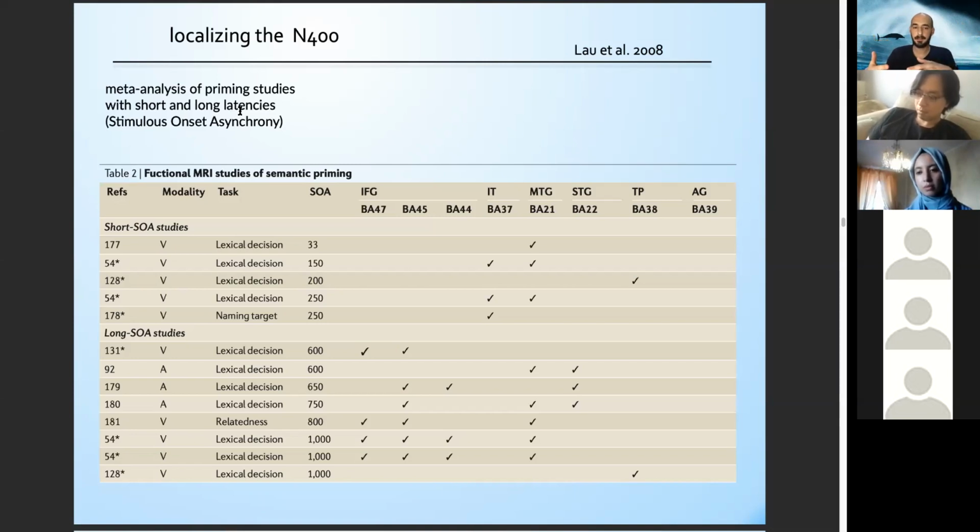Why is this the case? Or for instance, at naming the target. So you can do the other way around. I can show you the word animal, and then I can show you the picture of a dog, or a picture of a car, you're going to be faster at naming dog when you see animal than at naming dog when you see vehicle. And you're going to be faster at naming the picture of car when you see vehicle compared to when you see an animal. Okay. And all these things have been explained in terms of pre-activation and cascade spreading of activation